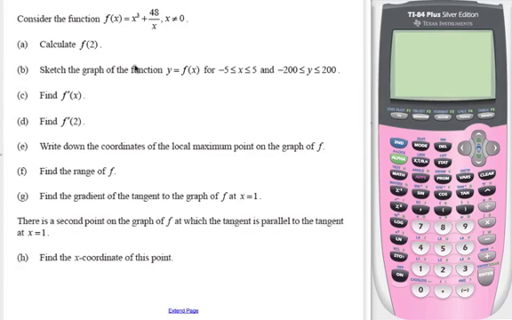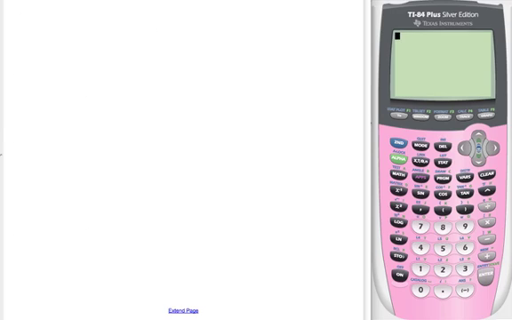Okay, so here we've got a differentiation question. We've got the function f of x equals x cubed, add 48 over x, where x can't be 0. So the first thing it wants us to do is calculate f of 2. Alright, so part A,